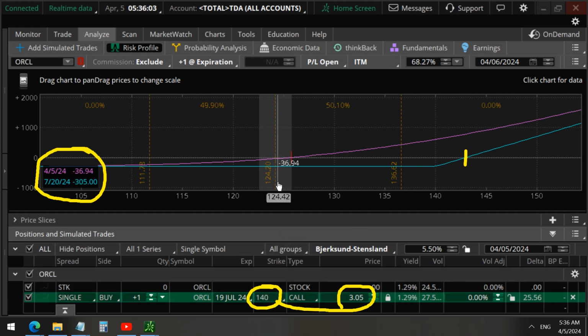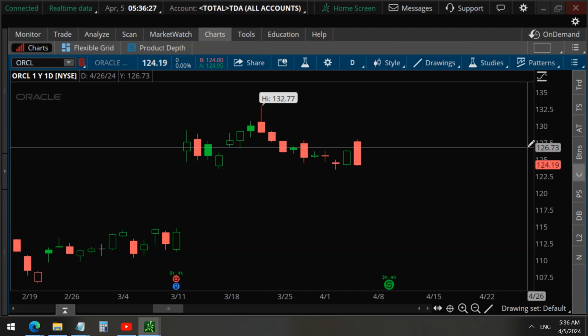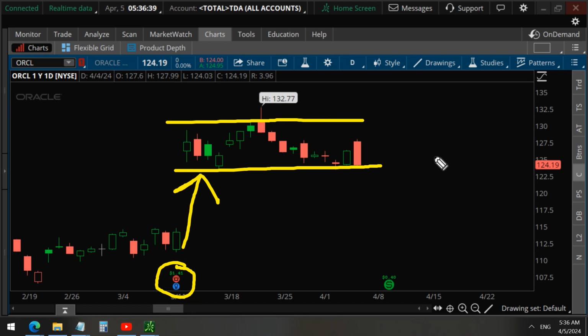But the fact that they bought these now does not necessarily mean we have to wait until July 19, because you can see the purple line starts to become profitable right away. So this tells us this wealthy investor believes the price of Oracle could start to increase pretty soon. Okay, and you can see on the charts, Oracle is consolidating after an earnings rally. And so they believe that Oracle has reached another support level here, as you can see, and that it should bounce up from here, right? It may not go up as high, but they could start taking profits as soon as we start going up